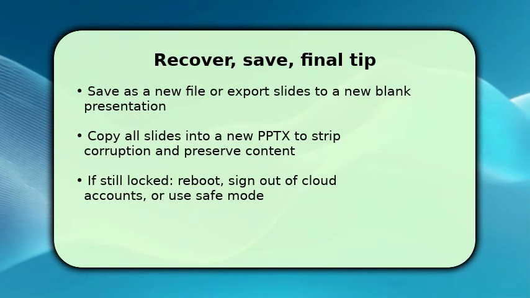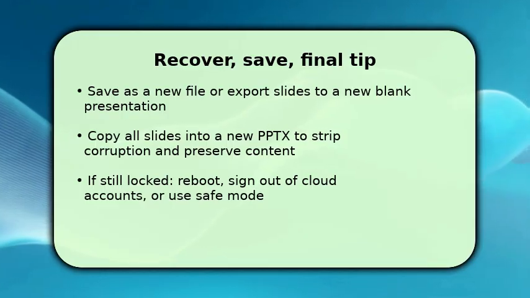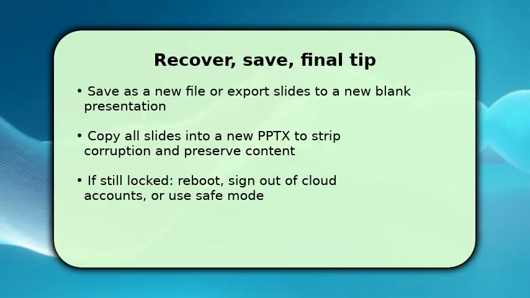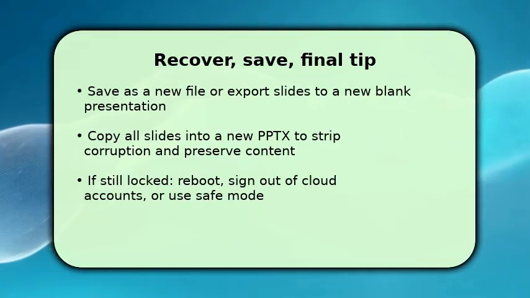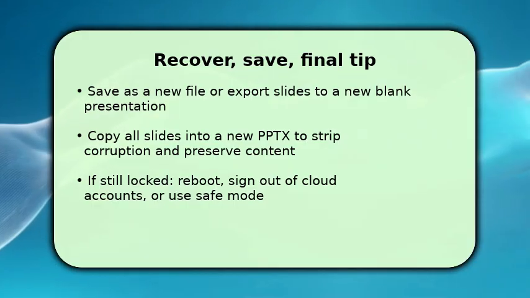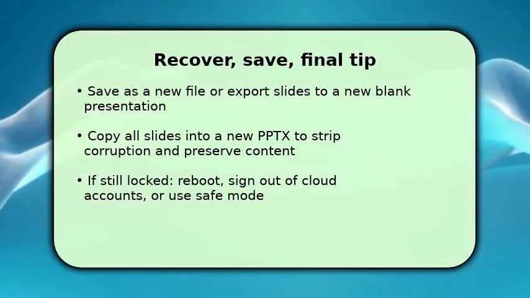To finish, recover content and ensure future edits. Open the presentation, select all slides, and paste them into a new blank PPTX, then save under a new name. This strips hidden corruption. Alternatively, use Export to save slides as images or use Save as to change format. If you still cannot edit, reboot Windows, sign out of OneDrive or other cloud apps, and launch PowerPoint in safe mode. If these steps fail, the single key troubleshooting tip is to copy slides into a new file to regain full